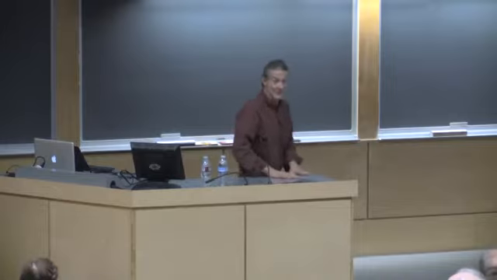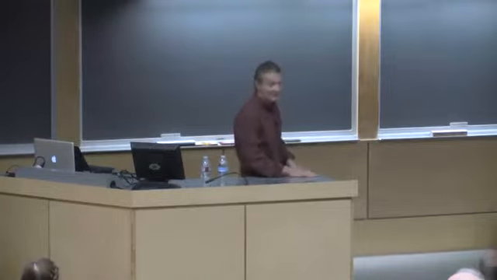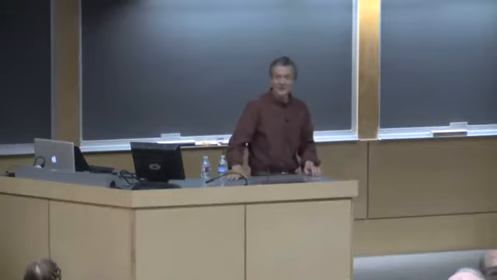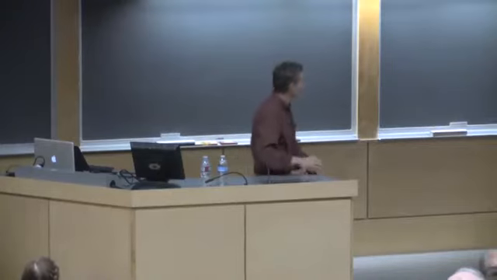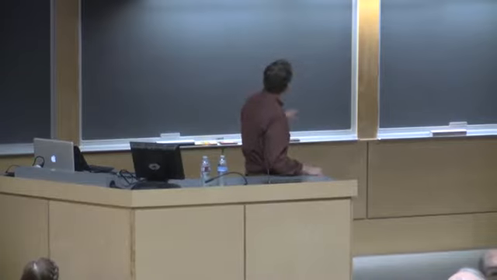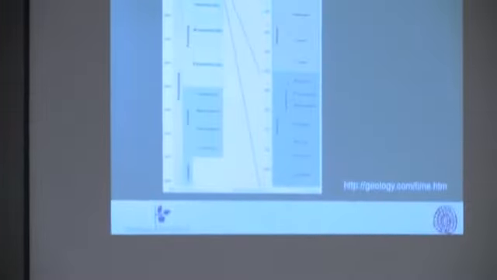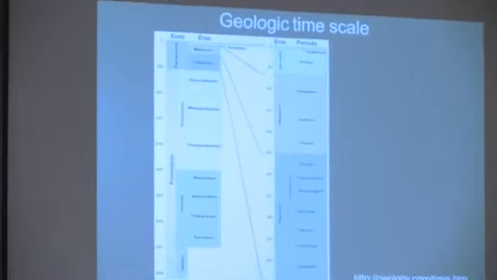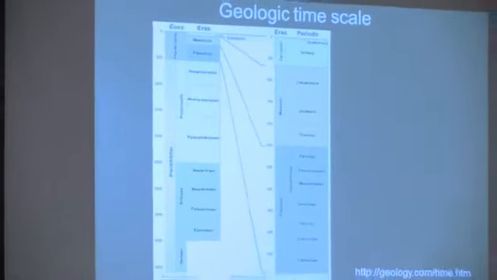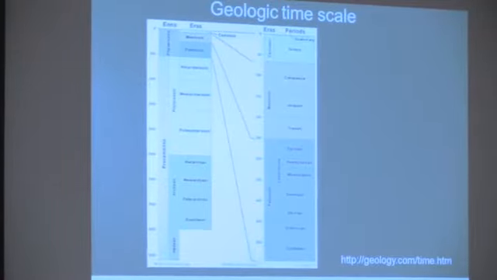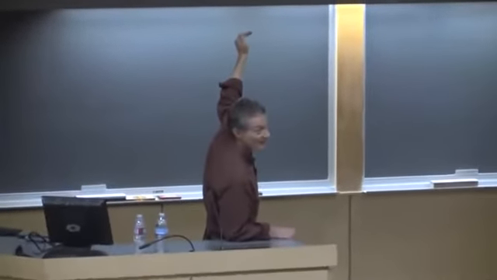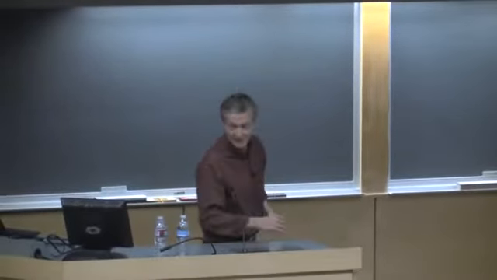Well, the Earth is pretty darn old. It's 4.5 billion years old, which is about a third of the age of the universe, to think about it in cosmic terms. And there's a whole bunch of eras and periods and stuff like that. I don't really want you to think about that, but what I want to point out is that right now, in just a second, we're going to look at some rocks that are about 2.5 billion years old. So that's a little bit more than halfway back in Earth history.